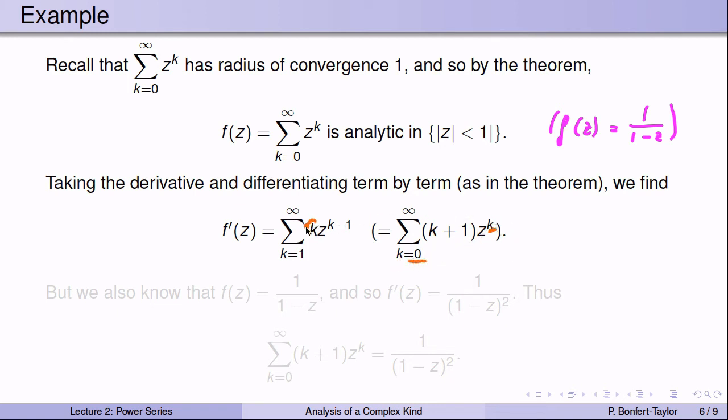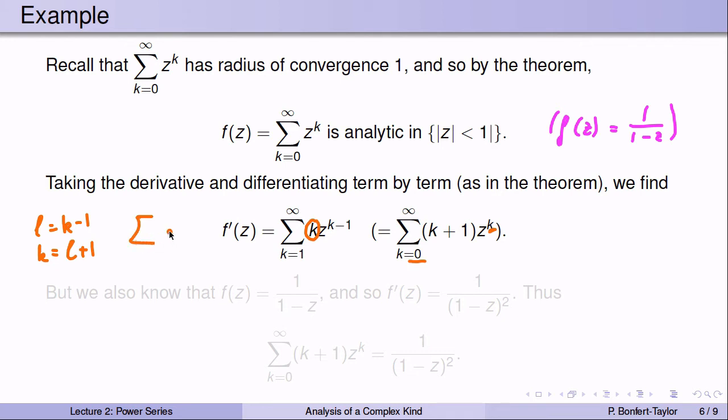And I notice the number in front of z is 1 bigger than the exponent. So that must be k plus 1. This is called a shift of the index. If you wanted to do this in a formal way, you could briefly say, well, let L be a new index, and let L be k minus 1. So if I replace k with my L, k is L plus 1, and therefore I get the sum,